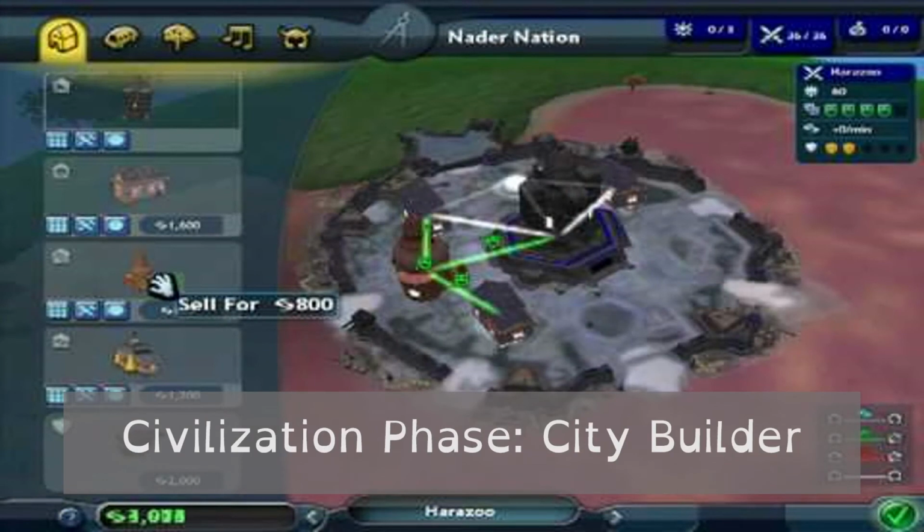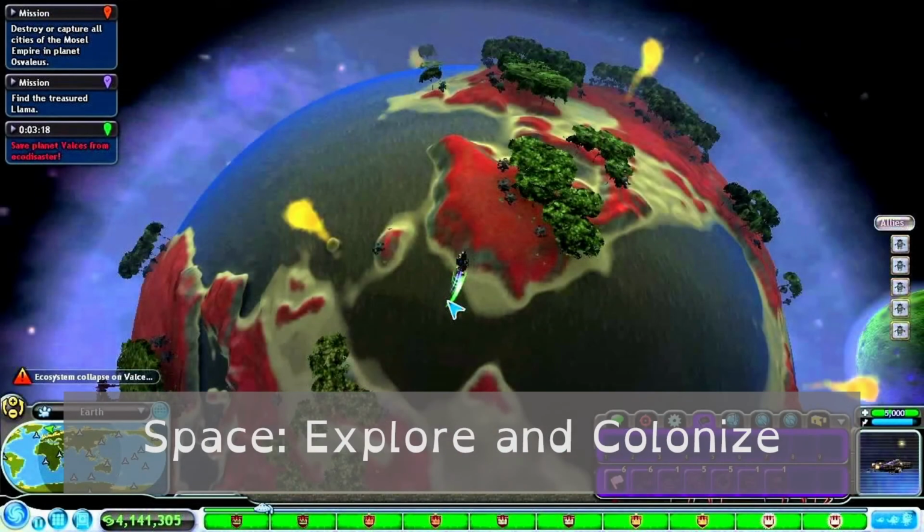And then you get bigger. So phase 4 is the civilization phase, which is basically a city builder. There's still some RTS elements in there as well. And then finally, once you manage to reach the stars, you get the space phase, in which you explore